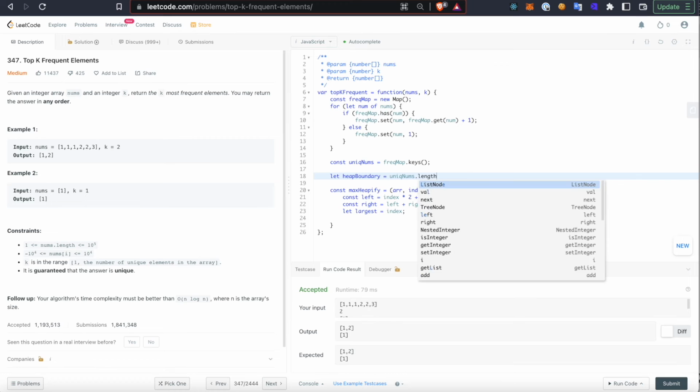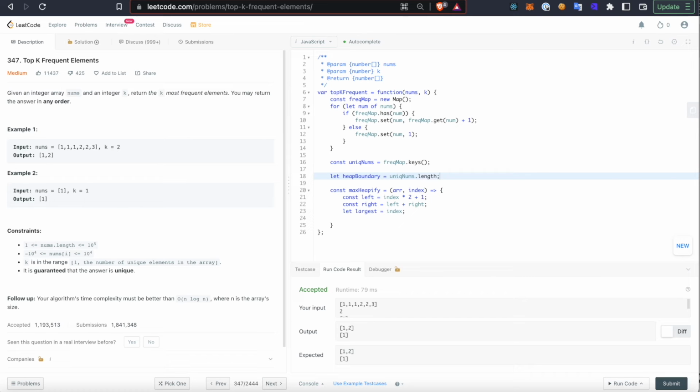nums the length. And the reason we need the heap boundary is that, as in any good heap sort algorithm, at a certain point you're going to have your numbers at the perfect position. Like the largest number will be at the right of the array, and you don't want to accidentally run your heapifying function on that number and reintroduce it into the array. So we need to set up a boundary where our algorithm no longer runs